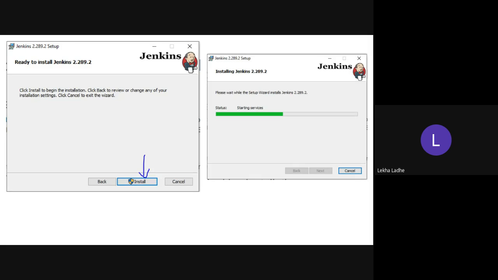Ma'am, to me it is showing that the setup is prematurely ended. Can you share your screen? Yes, ma'am. Okay, let me just stop it. Just wait a minute. No, it will show you some two screens. Install some plugin, and then it will ask for the authentication password, and then account setup is there. Finish and then account setup.